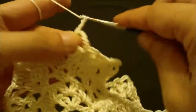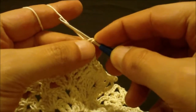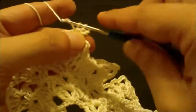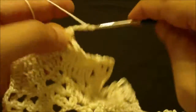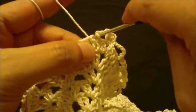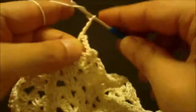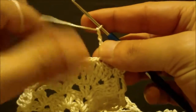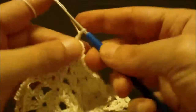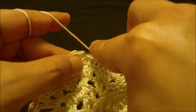this, chain 3, slip stitch to first chain to form the picot like this, and then single crochet in same space, and then chain 5, 1, 2, 3, 4, 5, and skip next 3 double crochet and single crochet on top of the fourth like this. Now chain 4 and skip next 2 double crochets and single crochet on top of the third like this, and chain 4, skip next 2 double crochets and single crochet on top of the third,